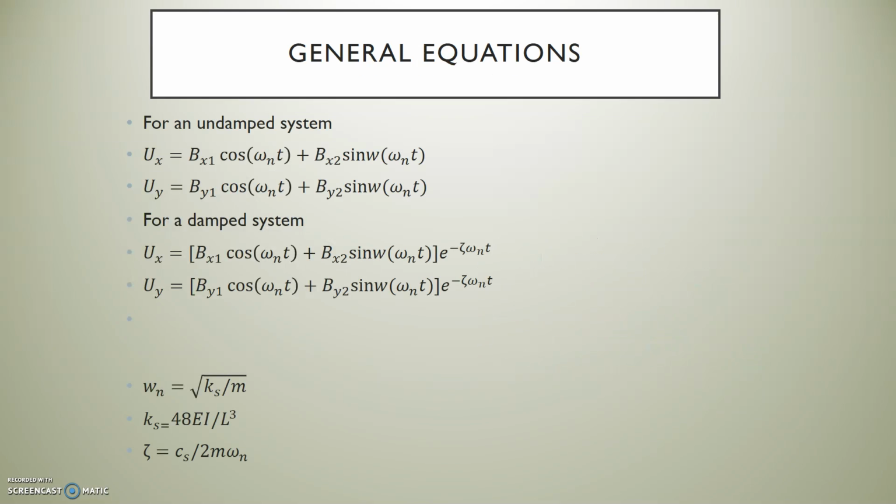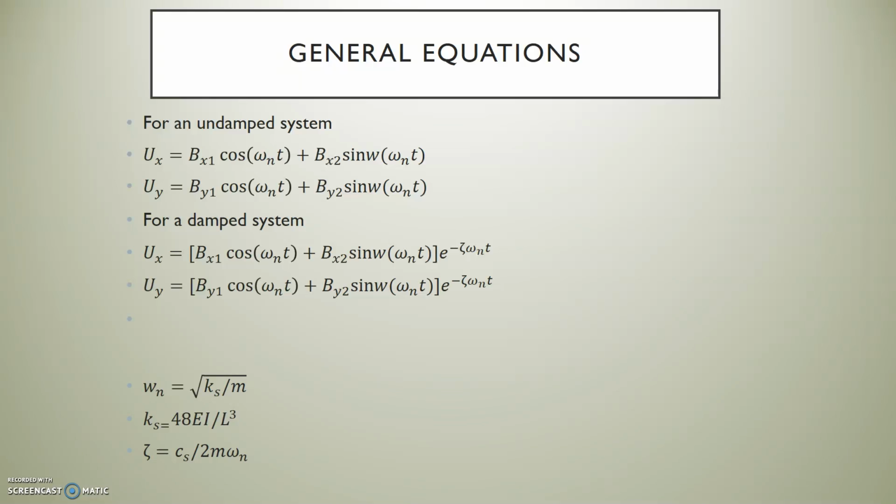So looking at general equations that we used in our Maple code and in creating the program, in a 2 degree of freedom system, we broke it down into the x and y components for both a damped and undamped system. So you have u_x and u_y for undamped and damped. And damped includes the decay ratio,